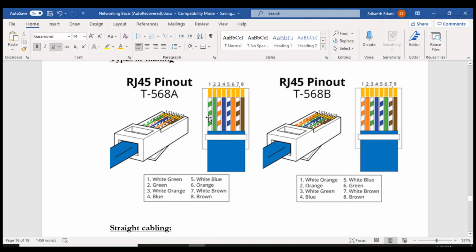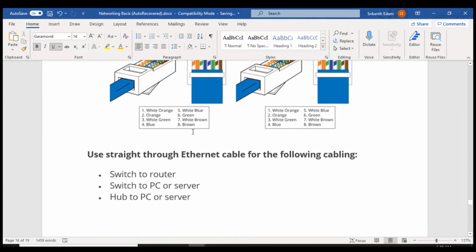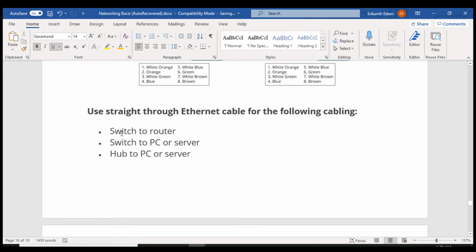Depending upon how you configure them, you can form the communication. So what exactly is straight cabling? Straight cabling means you can connect a switch to router, two different devices, switch to PC or server, hub to PC. So using straight cabling, you can connect two different devices to form the communication.